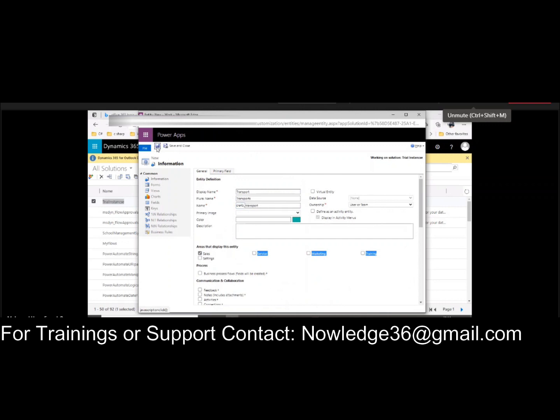Once you have created this entity, just click save. Before that, you see these common informations are disabled. Once you click save, these common methods will be visible.